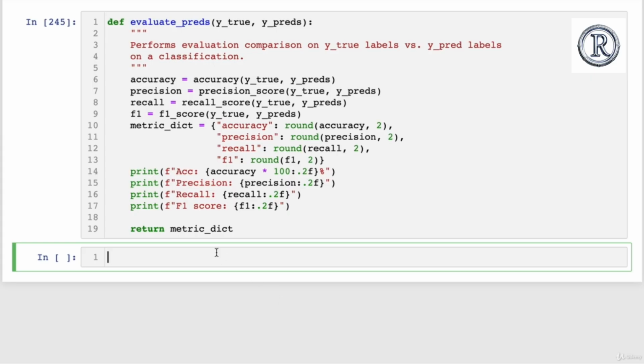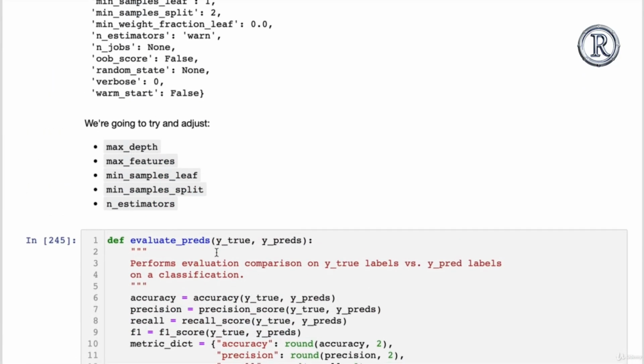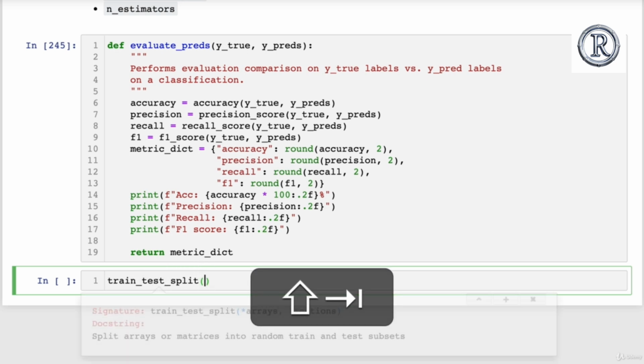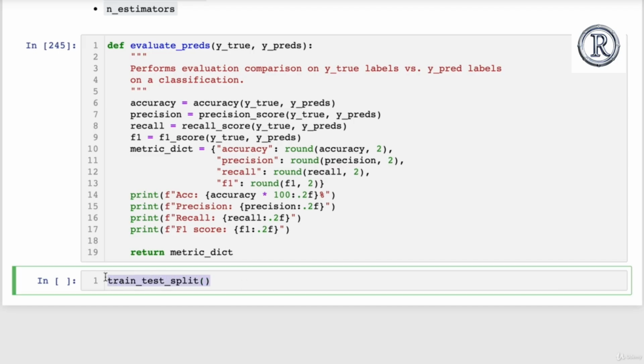And now how exactly would we create these train, validation, and test splits? Well, our train test split function that we've seen before, remember this one? Train test split. So this one only returns train, splits arrays or matrices into random train and test subsets. So this one only splits into train and test sets. So what we'll need to do is we'll need to manually split our data into train, validation, and test sets. And so to do this,